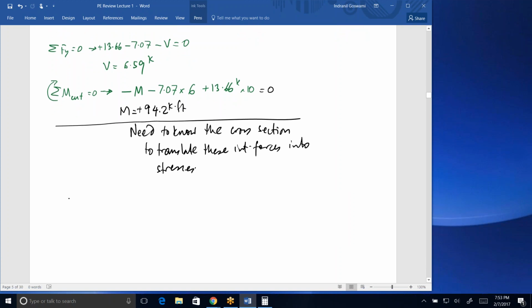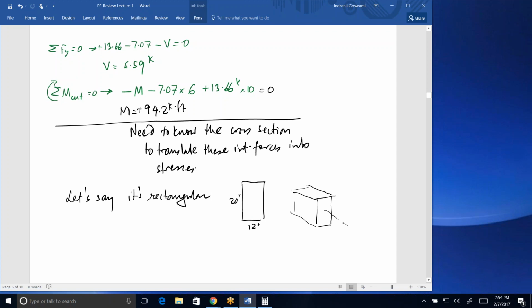So let's just say it's a rectangular cross section. Let's say it looks like 12 inches wide and 20 inches deep. Okay, it may be oversized. I'm just arbitrarily choosing a size. It may be oversized for the purpose. We'll see. So that means that at that particular location, what you have is,